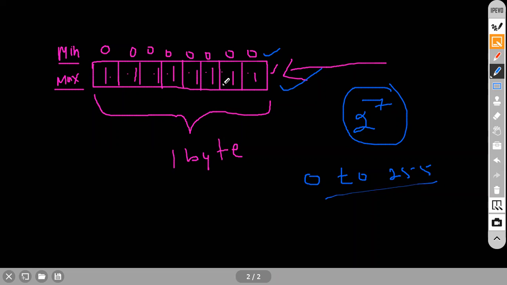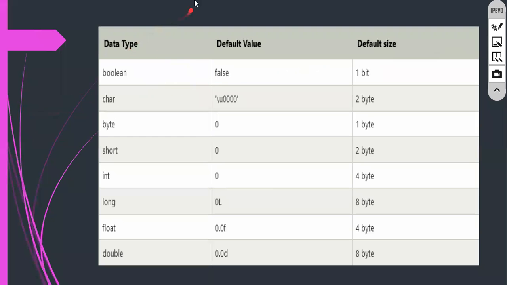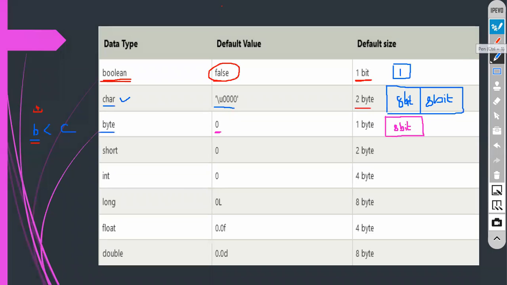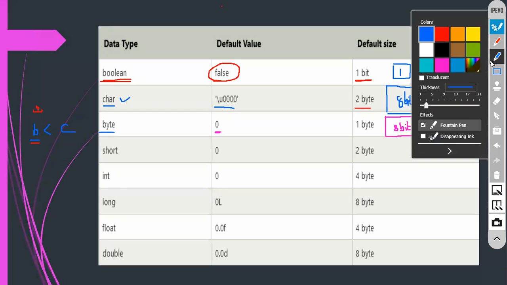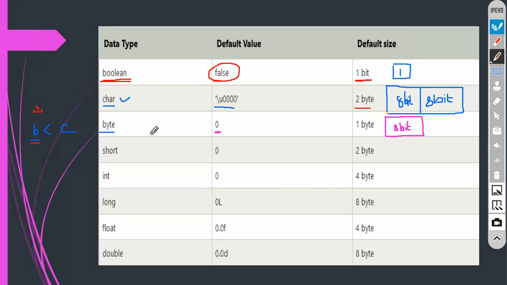The maximum length of the character is when all the bits of memory are occupied, 111. This is the maximum length. When it occupies 00, it is the minimum length. That's it, nothing else. Clear, guys? Understood how important this is? You need to understand. Very, very important. That's why, when it comes to programming, you need to understand these basic concepts. Otherwise, it's difficult. Okay, clear?